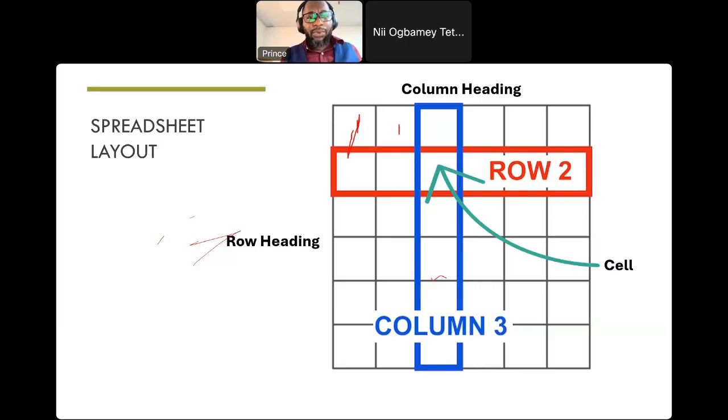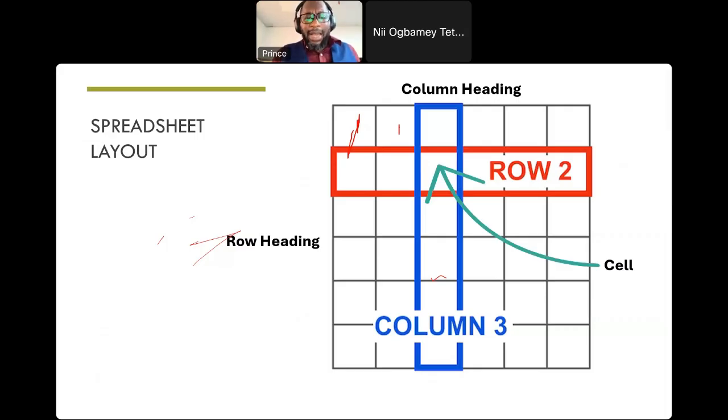Most of you are scared of Excel or a spreadsheet because you don't see the plain sheet as you see in Word, but you see these boxes and all of those things. That's basically what spreadsheets are for. So if you take Excel, for example, Excel has a little over 1 million rows. Excel has 1,048,576 rows and 16,384 columns. So let's go back to our spreadsheet here.